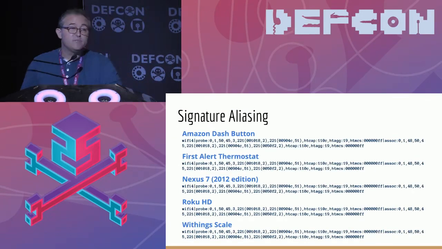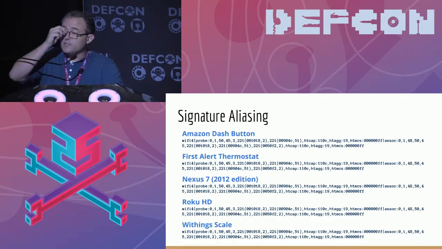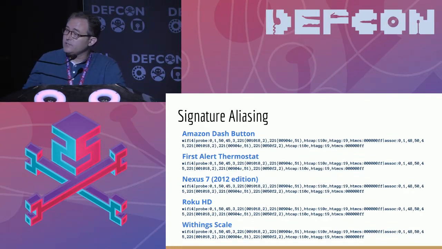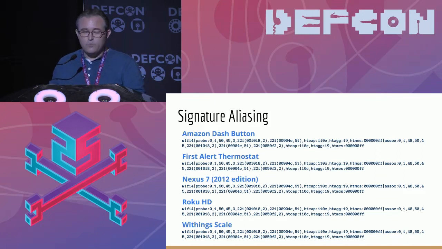Sometimes we see the same signature from multiple devices. These examples are all devices using the Broadcom 43362 chipset, running Linux, using the same driver, same WPA supplicant, and they're all old enough that they don't have a transmit power information element. The signatures are identical. They're an Amazon Dash button, a First Alert thermostat, a Nexus 7 from 2012, Roku HD,